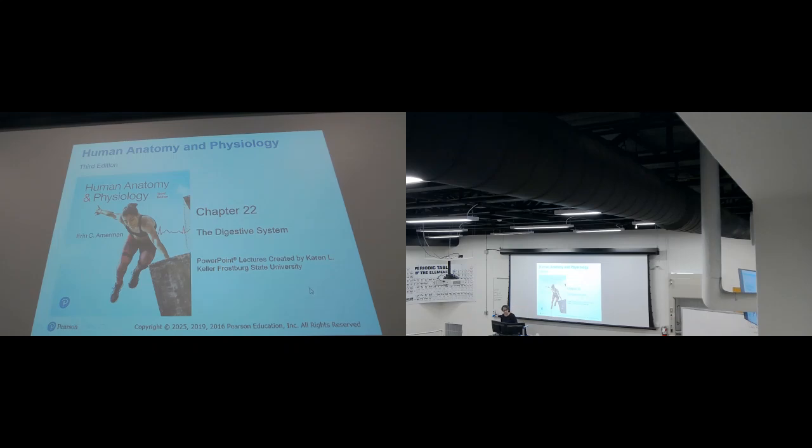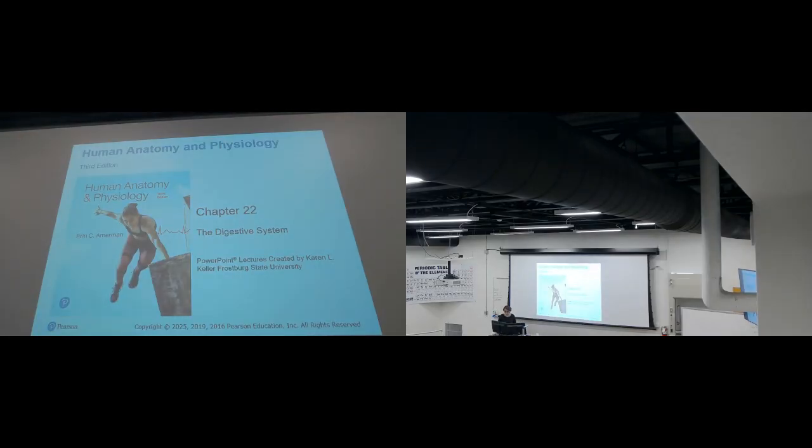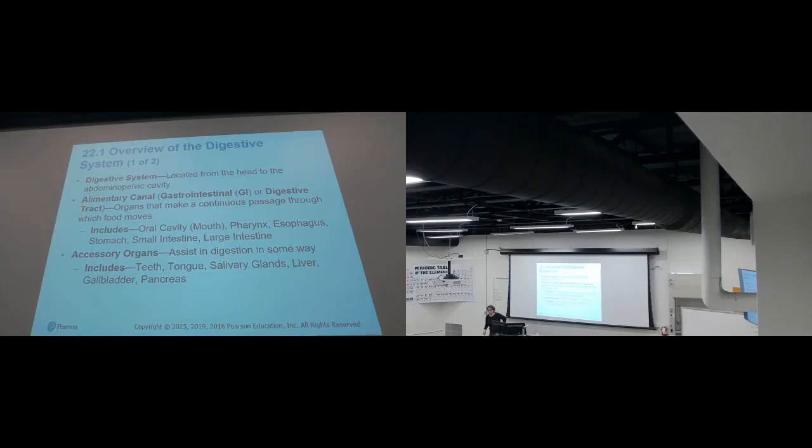Okay, so chapter 22 is about the digestive system. The digestive system has organs that can be located in the head region, moving into the thoracic region, abdominal region, and the pelvic region. So it is an organ system that goes from the oral cavity up to the anal cavity,